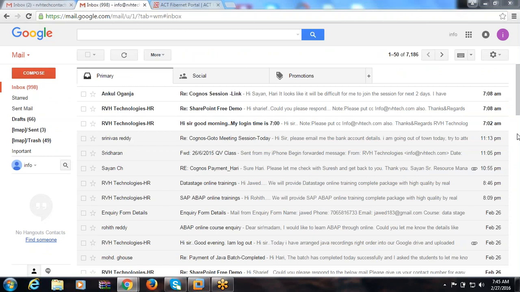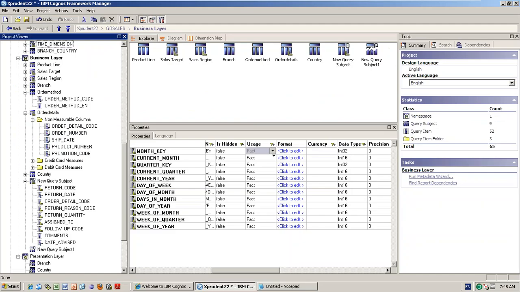Sir, after generating a report, in how many ways can we send it? Like through an email, or if they ask in a specific way, can we convert the report into PDF format, or how do we submit it to the client or someone who asks for the report? That I will cover in the Cognos administration. There are so many ways actually.